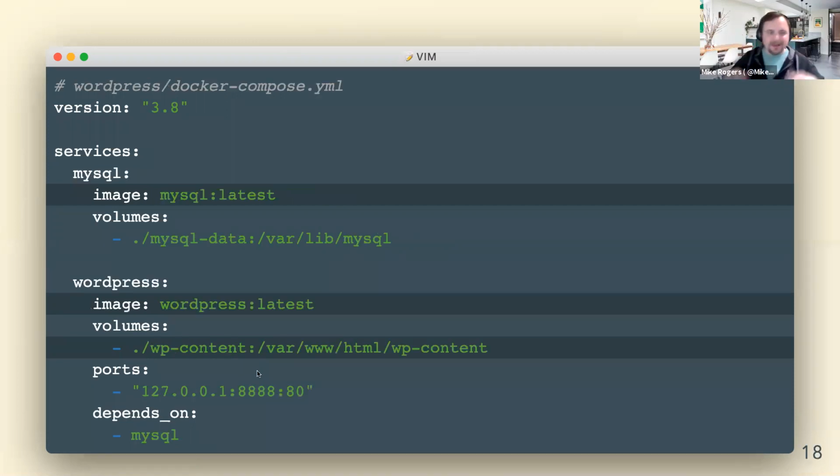I got very excited by Docker Compose because I had to do a WordPress piece of work quite recently where I needed MySQL and a WordPress image. I didn't know how to run WordPress locally. I didn't want to install PHP as well. I do not want this on my system. I don't even know how to install Apache these days. But WordPress has published an image where they maintain all their files and you just sync the WordPress content folder and that's it. You just run this command and it will turn on.